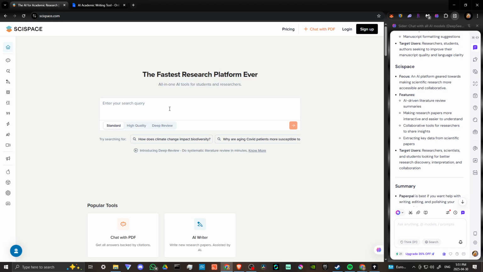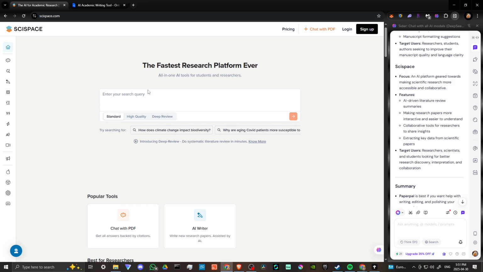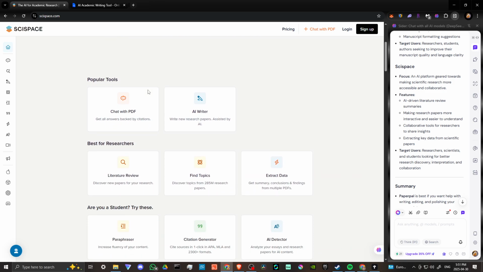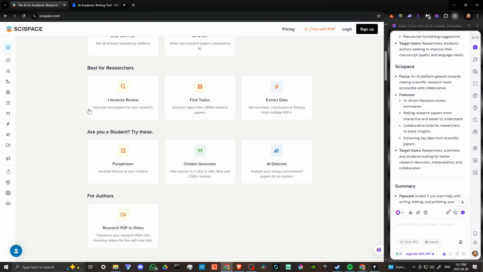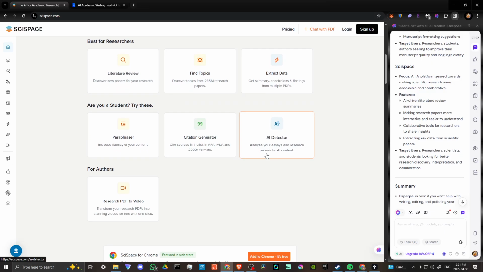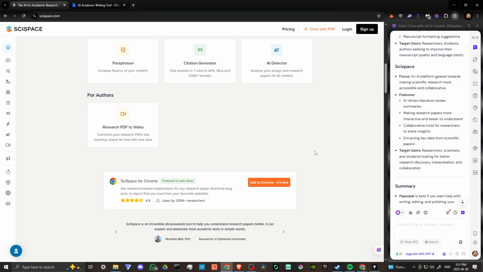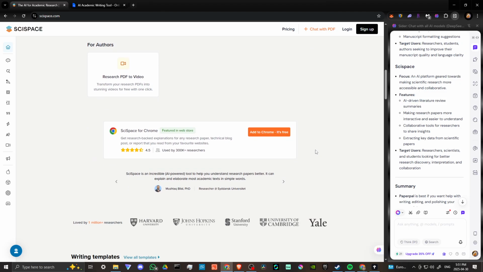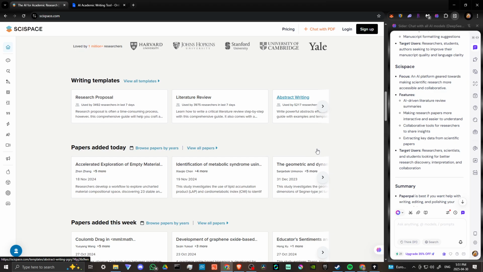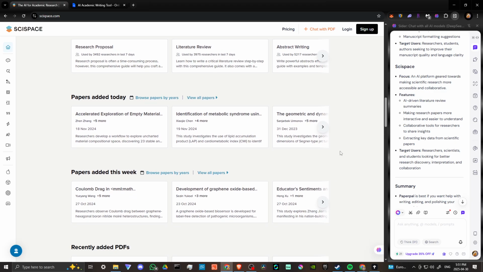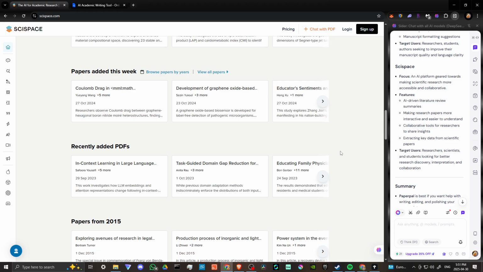SciSpace, on the other hand, is an AI platform geared towards making scientific research more accessible and collaborative. It features AI-driven literature review summaries, making research papers more interactive and easier to understand. It has collaborative tools for researchers to share insights. It extracts key data from scientific papers, and it's good for researchers, scientists, and students looking for better research discovery,